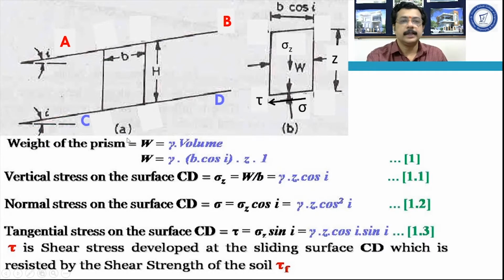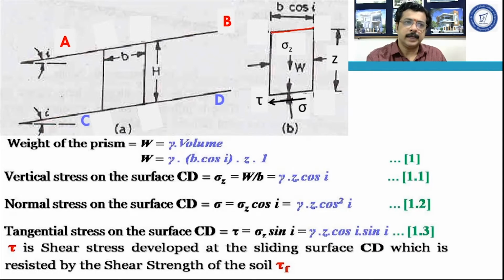Now in this slide we can see the same diagram but with some more details. Here we have that soil element in the magnified form. Also few dimensions are indicated here. See, this inclined length was small b. Small b is nothing but the inclined length of this soil element. This soil element is called a prism. So we will say it is the inclined length of the prism along the slope.